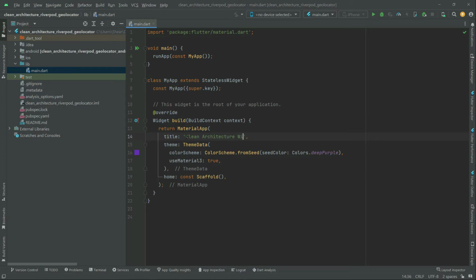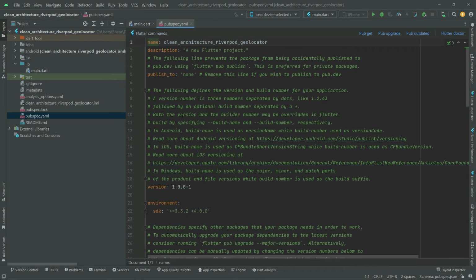You guys can see that with the Riverpod, and it's going to be our GeoLocator. We will implement that right in the clean architecture with the Riverpod. Now the next thing that we will do, we will just go towards the pubspec.yaml, and we will add some